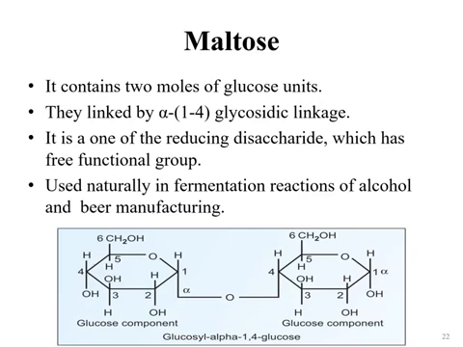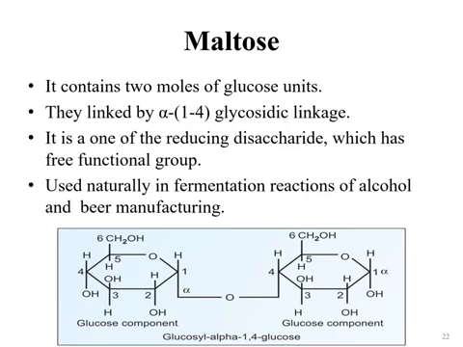So the linkage in maltose is alpha 1,4, between the first carbon of one glucose and the 4th carbon of the second glucose unit, and it is one of the reducing disaccharides